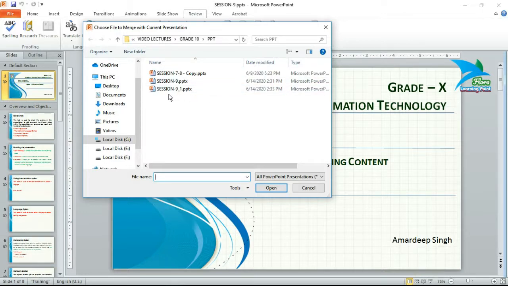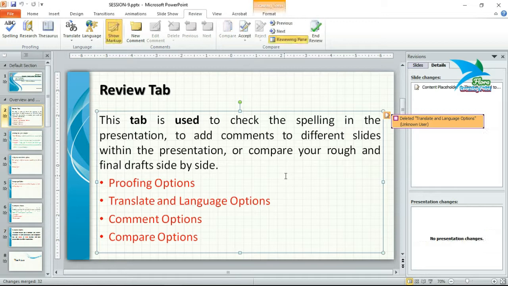When you click on this option, it will ask you to open the second version of the same presentation. Presently I am working on session 9, and we have to compare it with session 9 underscore 1.